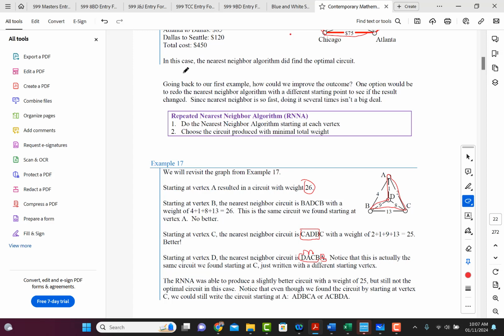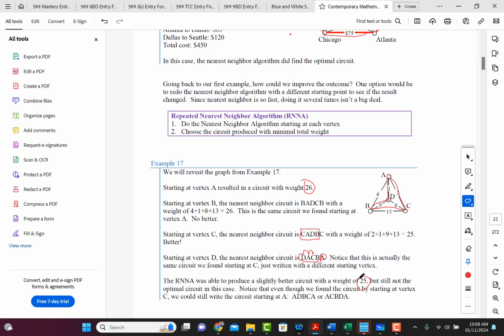Or not B, D, I'm sorry. We start with D. Okay, so now we got a slightly better result with a weight of 25, but still not the optimal circuit